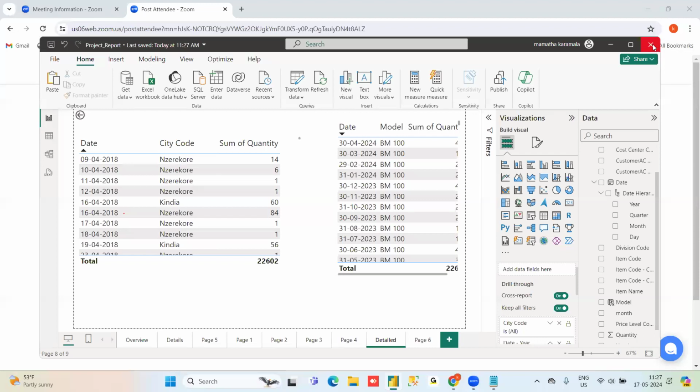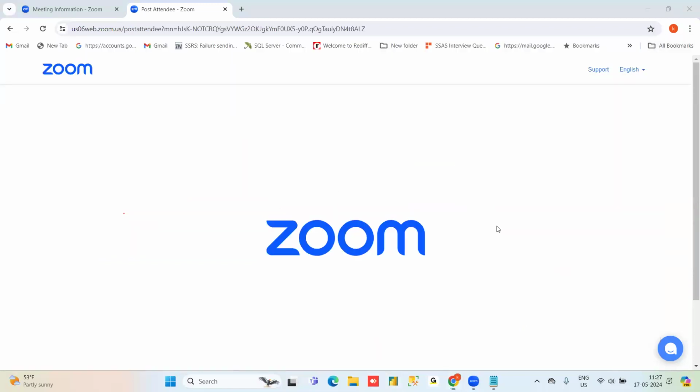So I wanted to take a fresh file. I can explain. Or else I can do one more thing also. Okay, let me take it. But transformation is very, very important.